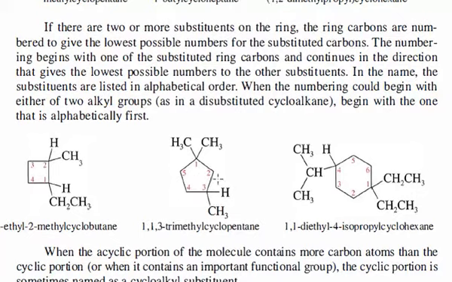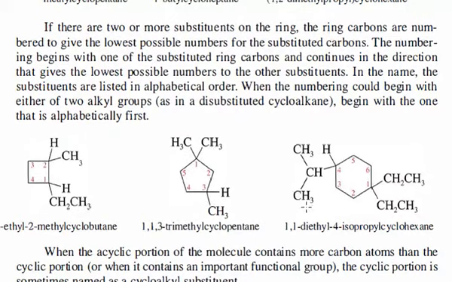And here we have 5 carbon atoms on the ring. We have 2 methyls here, and we have 1 methyl here. So that's why we need to start with this one. And we need to go this way, not that way, because if we go that way, this will be number 1, 2, 3, 4. But if we go this way, it will be number 3. So we have 1,1,3-trimethyl